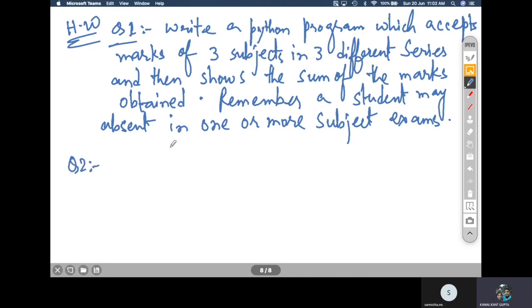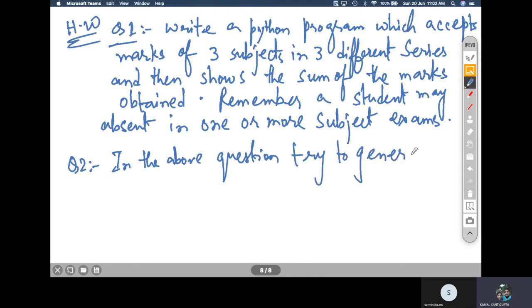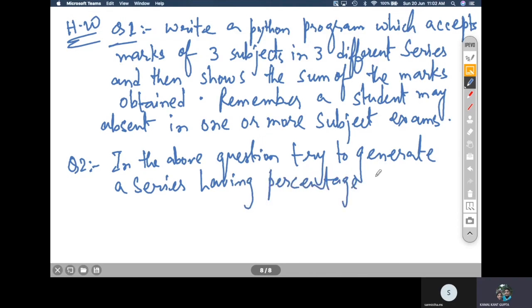The second question is, in the above question, try to generate a series having the percentage of all students.